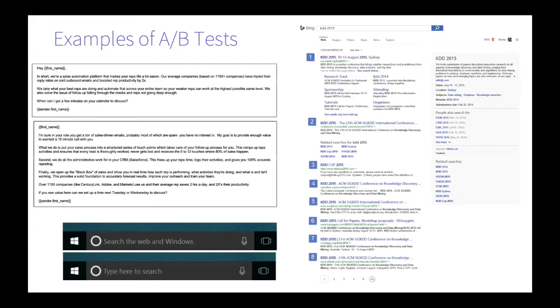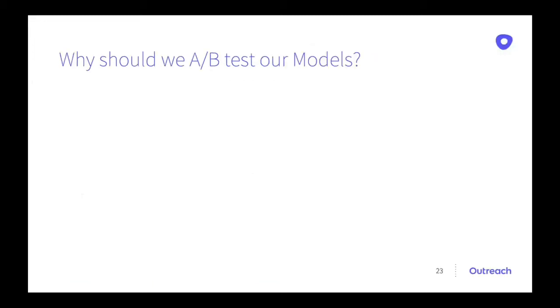Like this search box at the bottom left corner of the Windows screen. We were trying to decide what text we should put there so that people search more, and many other types of changes in software we can A/B test. Now, the question is,